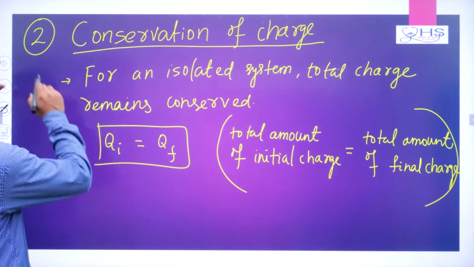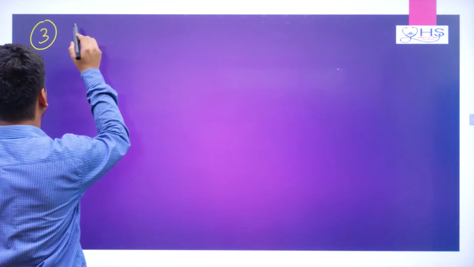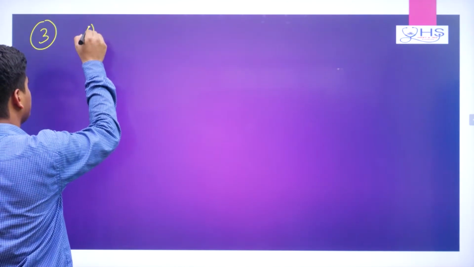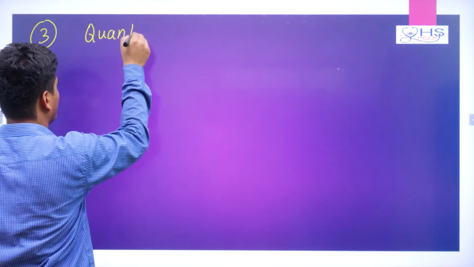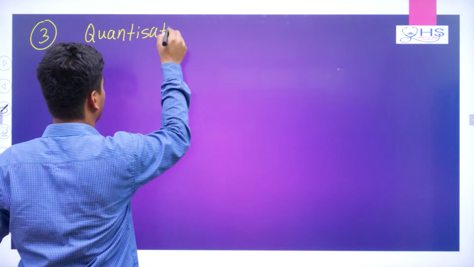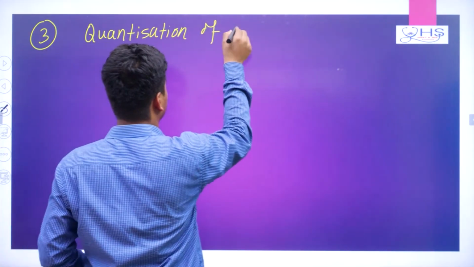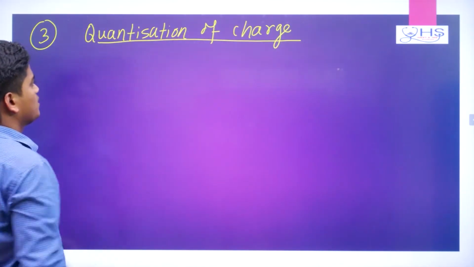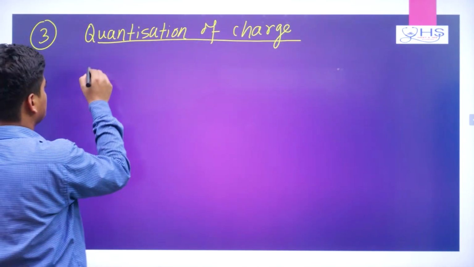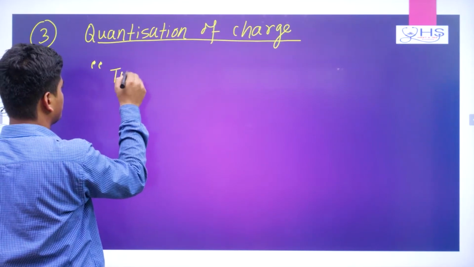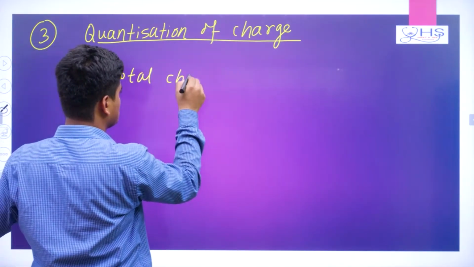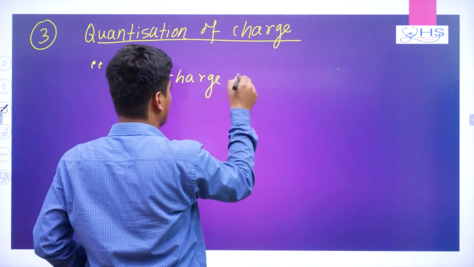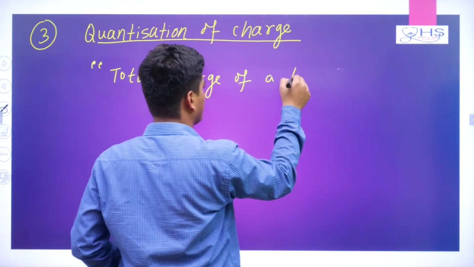Now next, come to the third point, number 3. Here, quantization of charge. So what is quantization of charge? In the quantization of charge, the total charge of a system or of a body